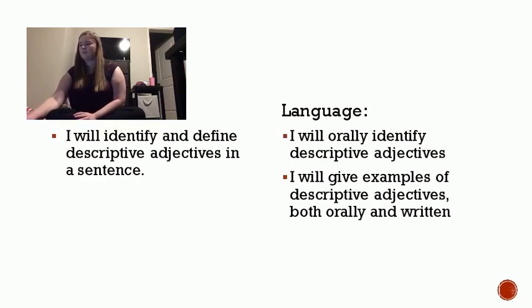Awesome job. So let's go over our objectives. Our content is I will identify and define a descriptive adjective in a sentence, which we did, and we'll do that more a little bit later. Language: I will orally identify descriptive adjectives, which we did, and I will give examples of descriptive adjectives both orally and written, which we did, and we will do a